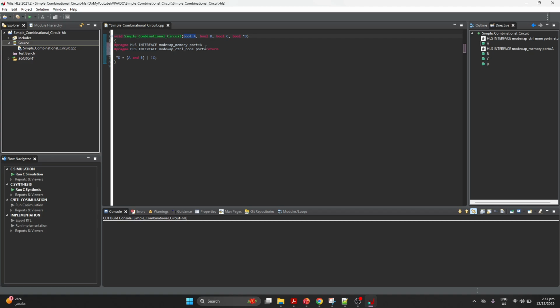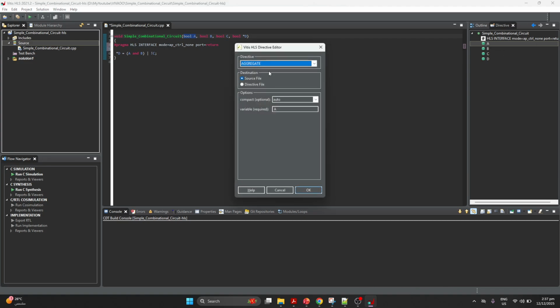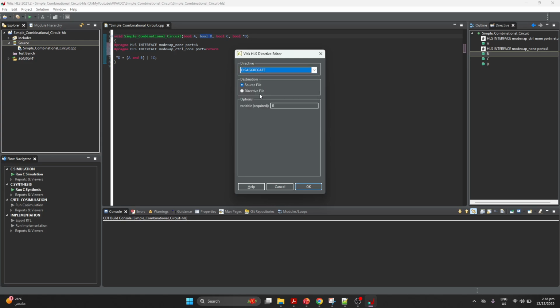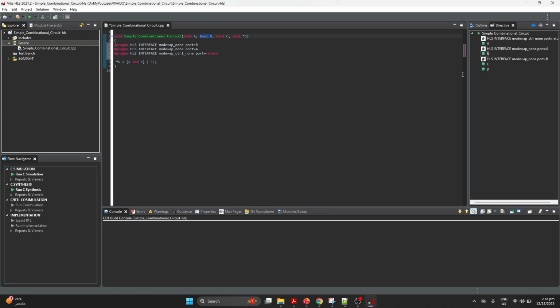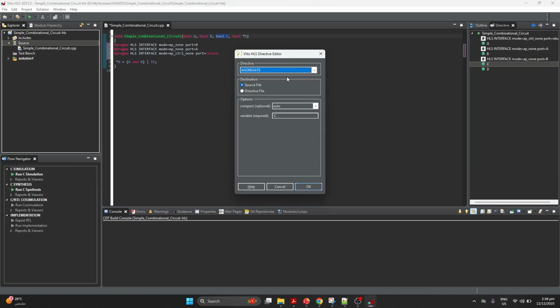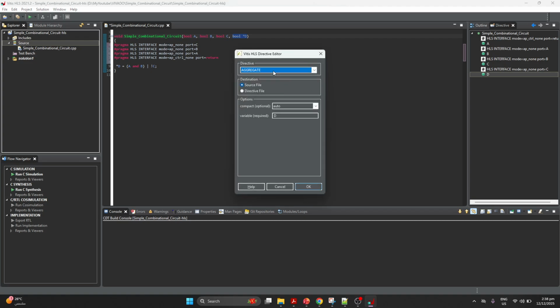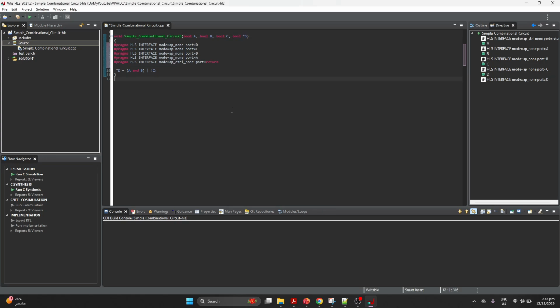Sorry, I created it for memory, so I will delete it. I will again insert for interface, then none. Similarly for B, go to interface and then none. Okay,